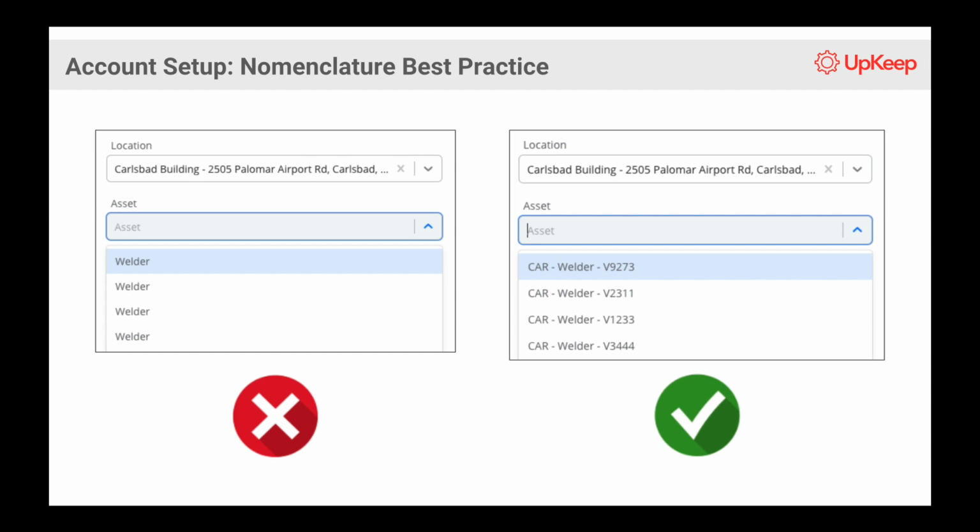Now, again, just like we talked about with locations, as far as nomenclature goes for our assets, we want to make sure that we're being as descriptive as possible, obviously without going too overboard. So on the left here, we can see that we have a bunch of welder assets, and just put yourself in the shoes of one of your technicians. They're trying to assign this work order to an asset, and they have no idea which welder is which in this case. They then have to go back a screen, go into their assets, figure out exactly which asset they're looking for, and remember that